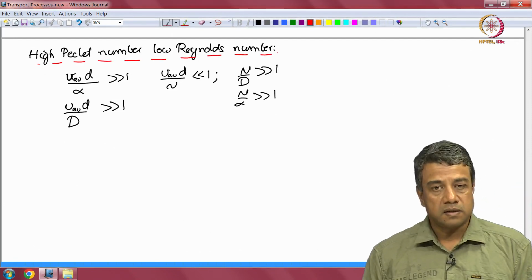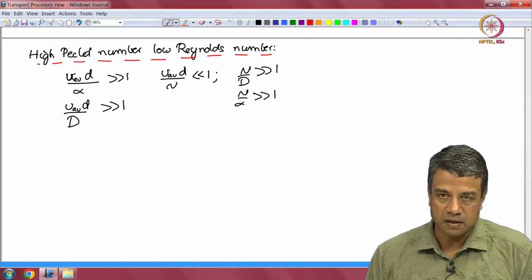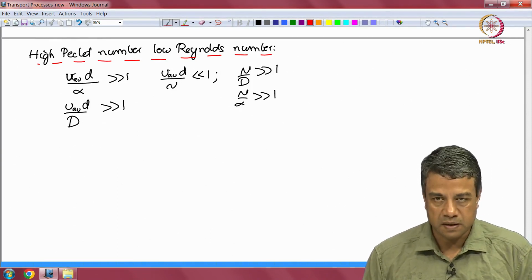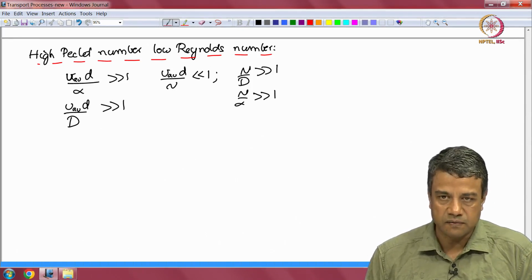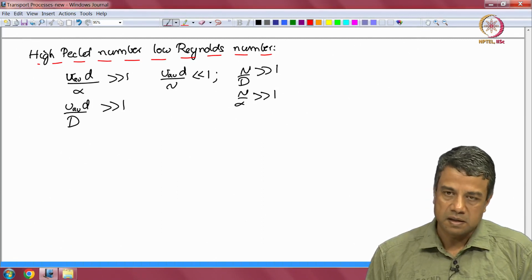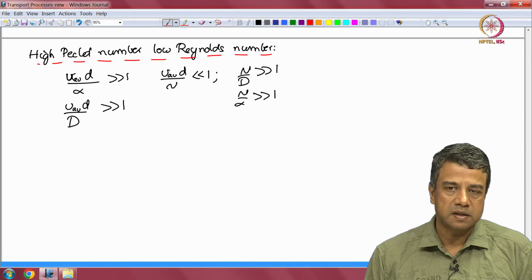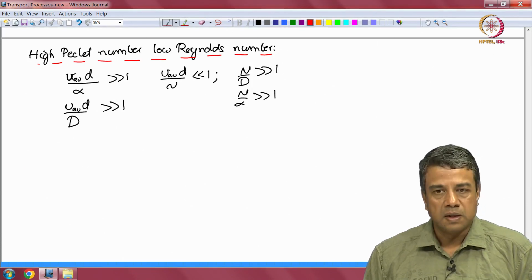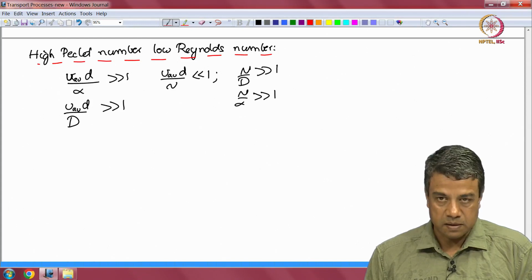This does not happen in gases, because the momentum and thermal diffusivities are roughly the same magnitude, as we will see later in this course. This happens only in liquids, because momentum diffusivities are usually much larger than mass diffusivities in liquids. And in some cases, such as organic liquids, the momentum diffusivity could be much larger than the thermal diffusivity as well. So, in this case, of course, the transport rate does depend upon the Reynolds number, because the flow pattern is